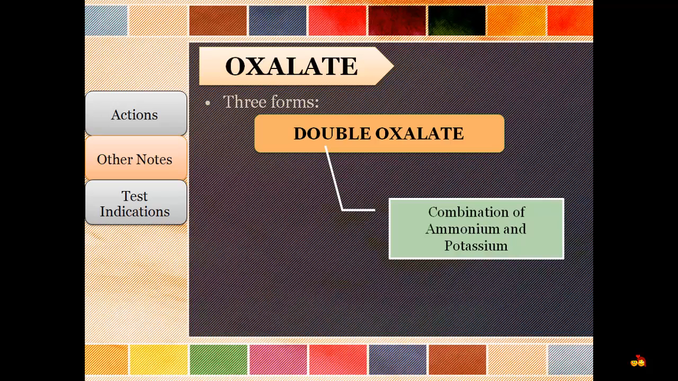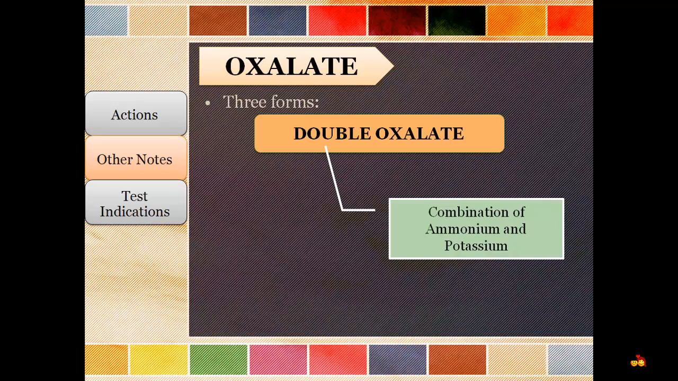Maalala ninyo kanina, 'di ba? Potassium can cause shrinkage of our RBCs. Ammonium naman can cause swelling of our RBCs. Therefore, the two are combined together to neutralize the action of each other. So, kung si potassium, it can cause shrinkage, si ammonium can cause swelling. So, when the two are mixed together, there is a neutralization. So, hindi na mag-swell at hindi na rin mag-shrink. So, kaya pala siya tinawag na double oxalate because it is a combination of ammonium and potassium